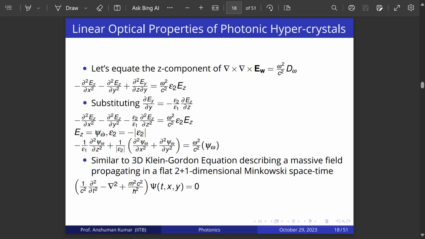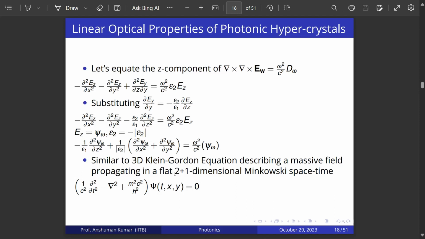Now we say that Ez equals psi. This is our extraordinary photon wave function. This is only Ez and no components from Ey and Ex. Epsilon y and epsilon x, this is only epsilon z actually. So the equation that we find is this now, and this is very similar to the 3D Klein-Gordon equation